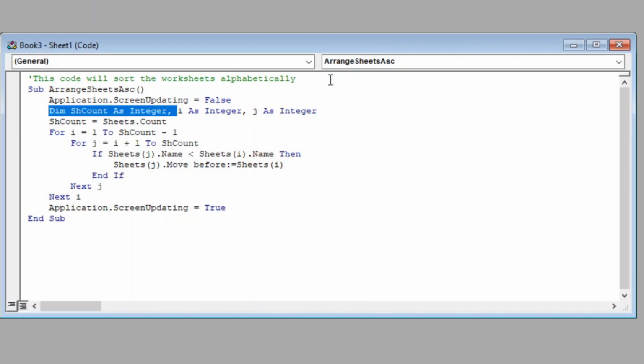We have declared 3 variables here as Integer, which we will be using further in this code. We have stored the sheet count in our first variable, shCount. Further, we have started a loop which will run till the i variable reaches 1 less than the total number of sheets, and the next loop will run till the j variable reaches the total number of sheets. So now we have 2 variables, i and j, which can be used to refer to 2 consecutive sheets,